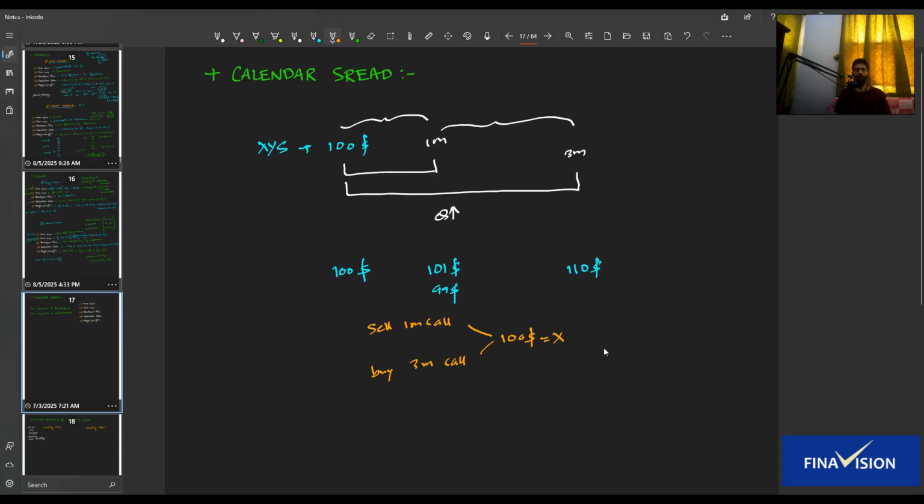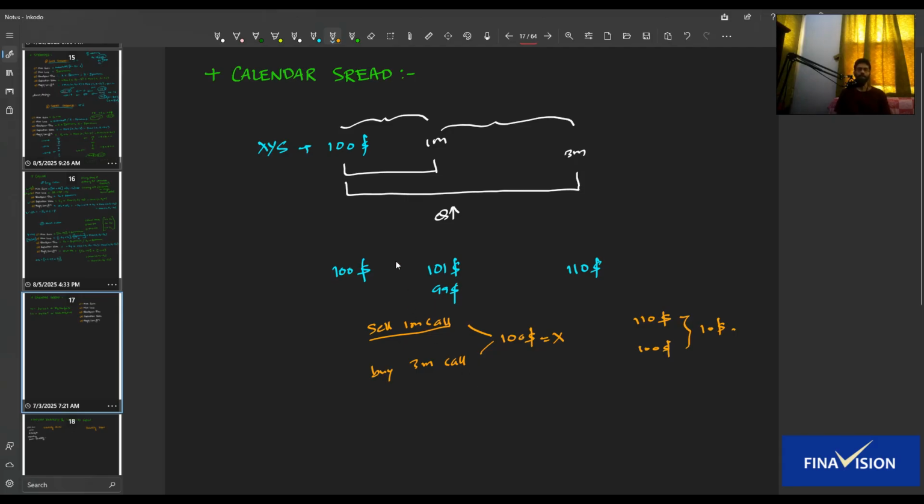Because we think that at the end of 3 months the price is going to be $110 and we are buying the option at only $100, and we feel the difference is going to be the payout. So we are buying it. But why are we selling this 1 month call option? This is the question. The reason is by selling the call option we are actually earning a